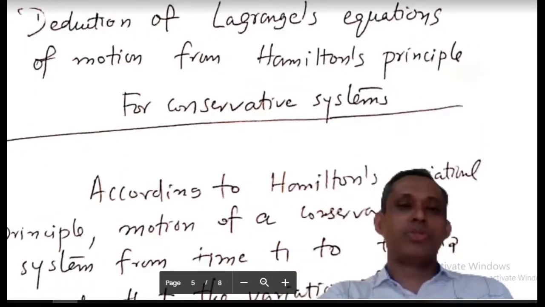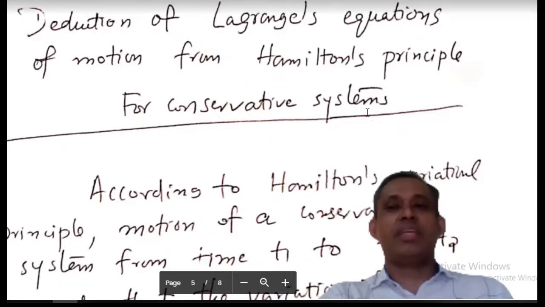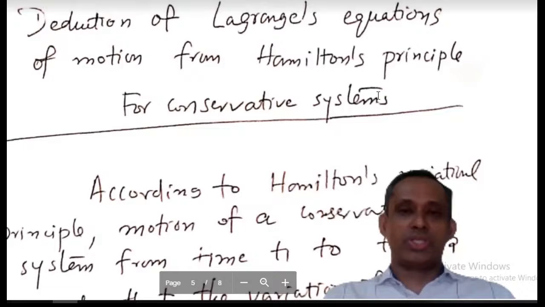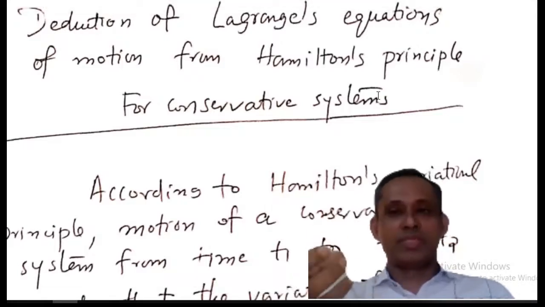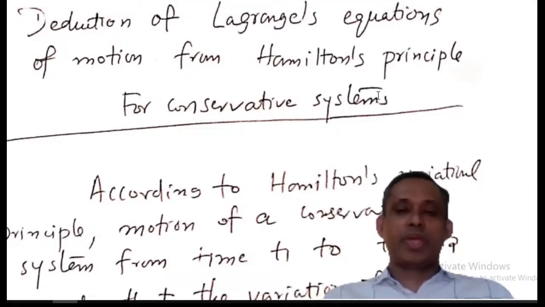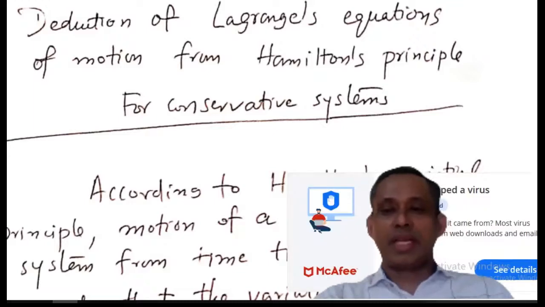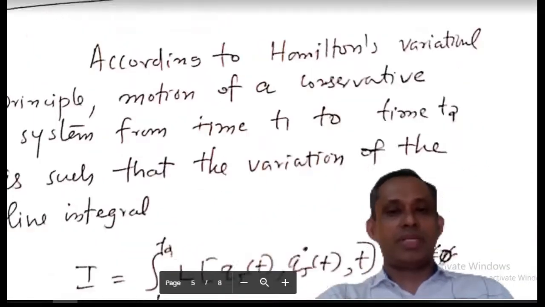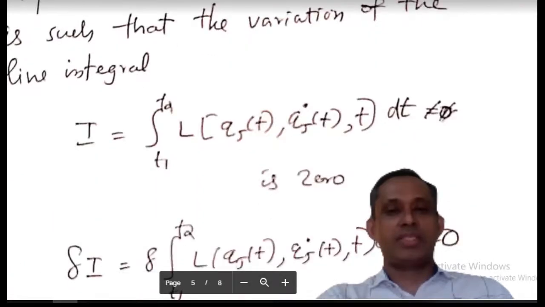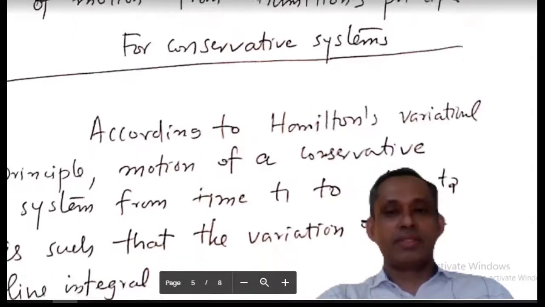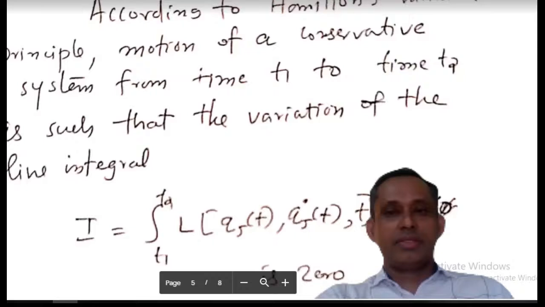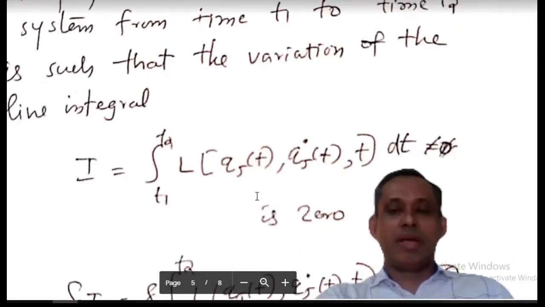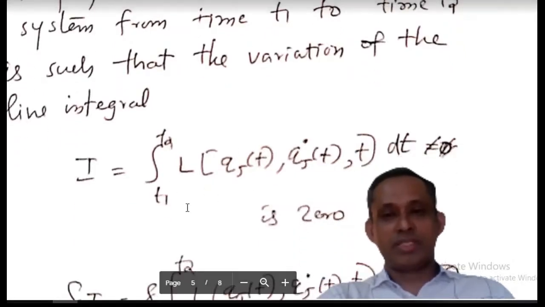Now it's possible for us to obtain Lagrange's equations of motion from Hamilton's principle. Okay, let's see how we do that. We start from Hamilton's principle. Hamilton's principle is this: